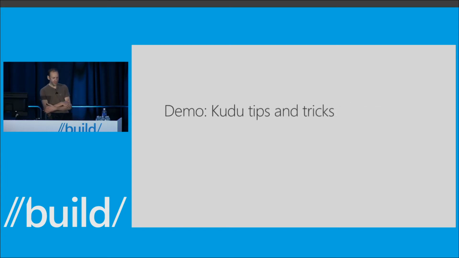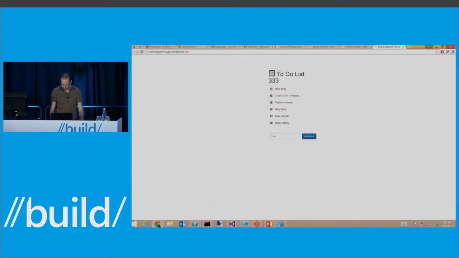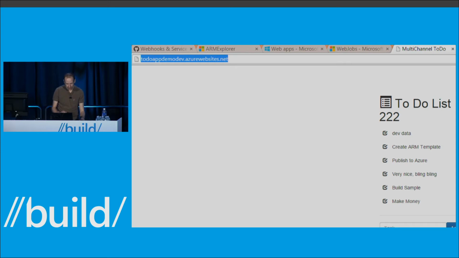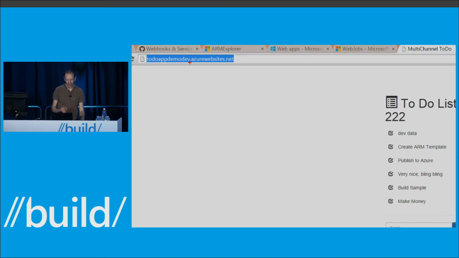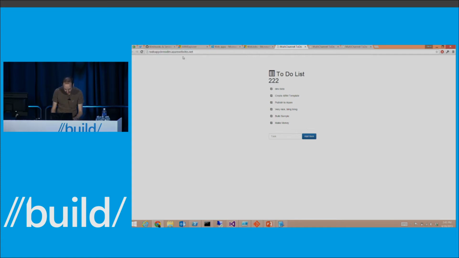So another thing I'd like to show you is not directly related to the topic of deployment, but it's just always a nice thing to see. How many of you have played with Kudu and various Kudu features? Just a few. So if I go to, say, the dev site here, any website that you have, if you change the URL to add .scm in there, you will get that admin site, which we call the Kudu site,